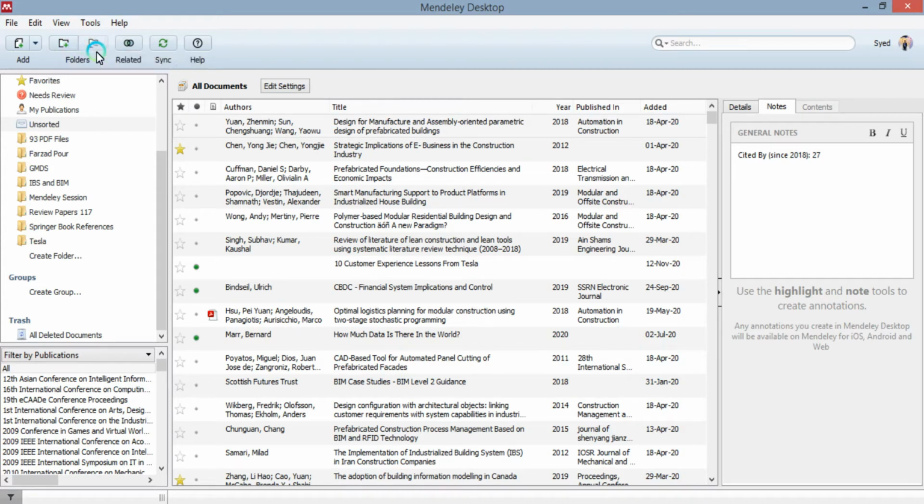Use the Remove Folder button to remove the folder you are currently viewing. Note that this will not affect any documents within the folder. 3. Sync, use this button to force Mendeley to perform a sync. This will push any changes you've made to your library up to the cloud for storage, making them available on other devices and computers. You should sync frequently in order to ensure that your most recent changes are saved to